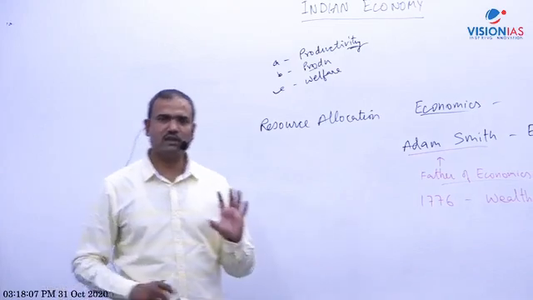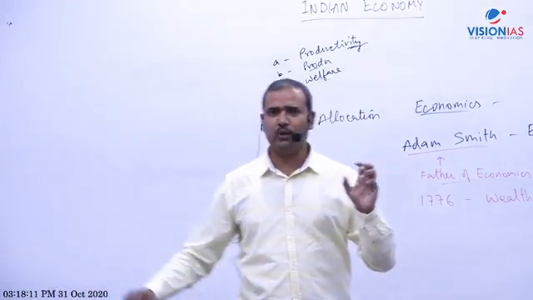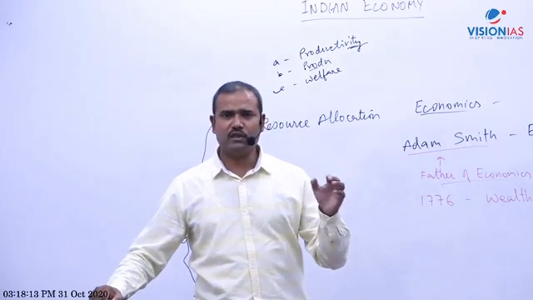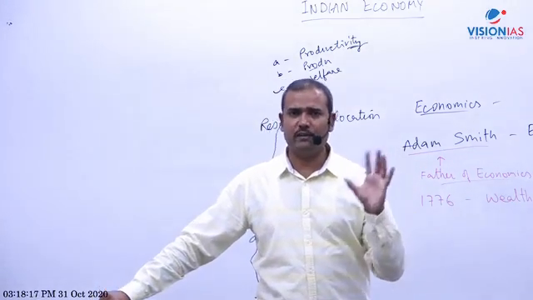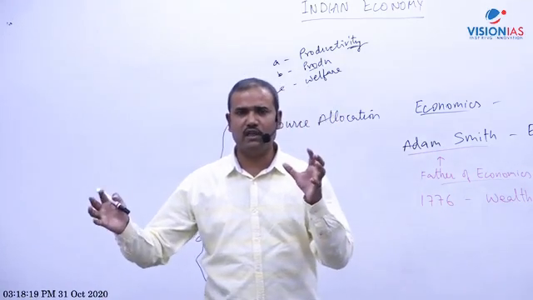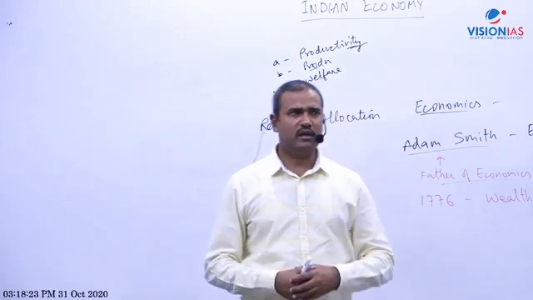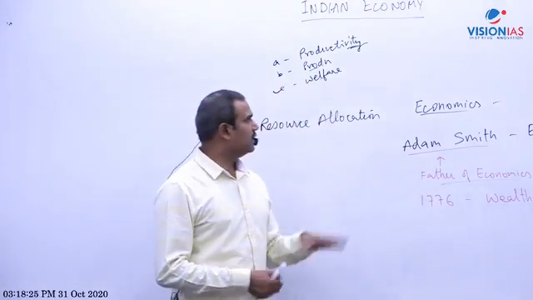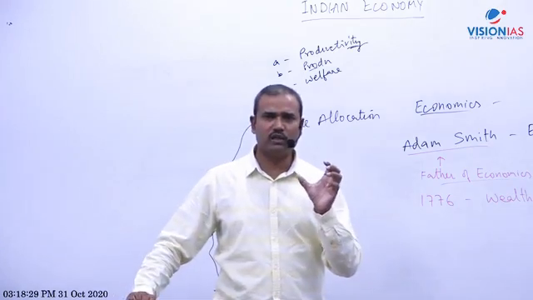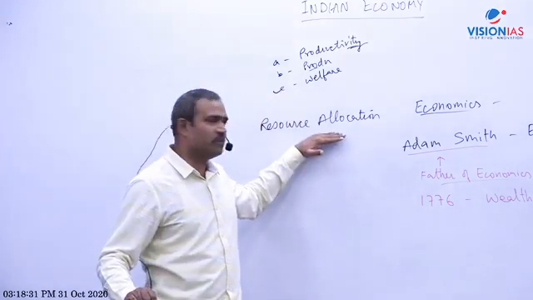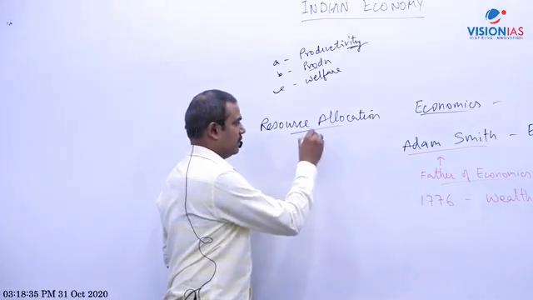Okay, so what is economics? Economics is concerned with the optimal allocation of scarce resources to maximize human welfare or human material well-being. So focus on which goods and services we shall produce and provide to people so that well-being should be maximized. So that is actually the core concern of economics. And this is also called resource allocation, also called the central problem of an economy, meaning the core problem.